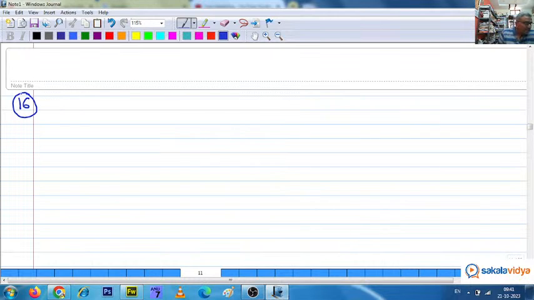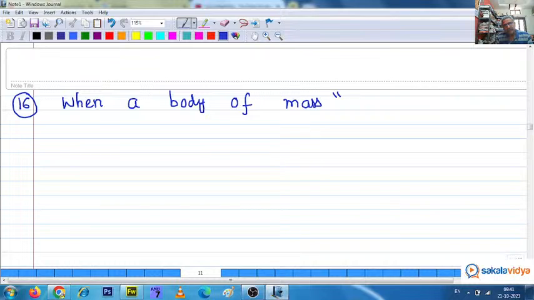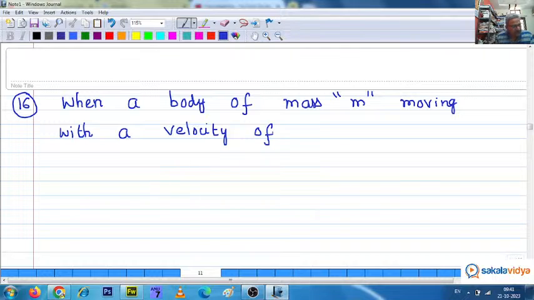Okay, next, when a body, this is very important, when a body of mass m moving with a velocity of v bar,